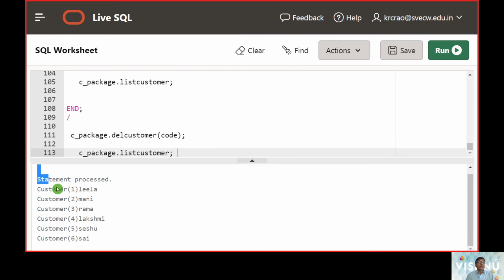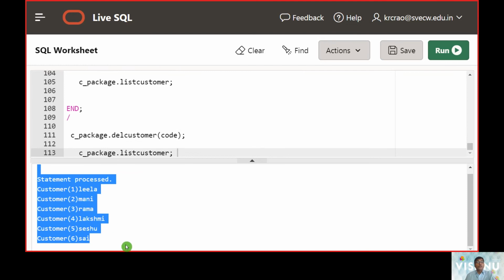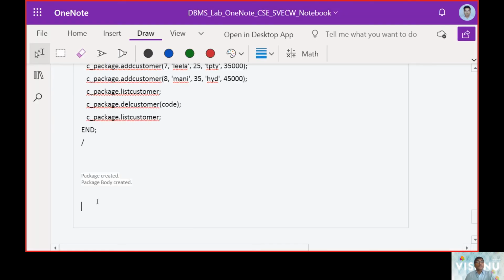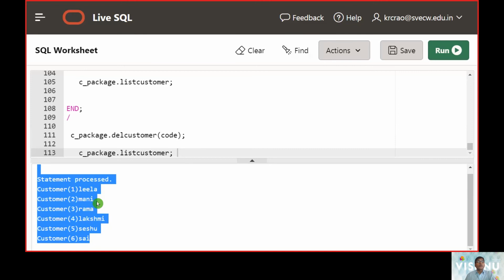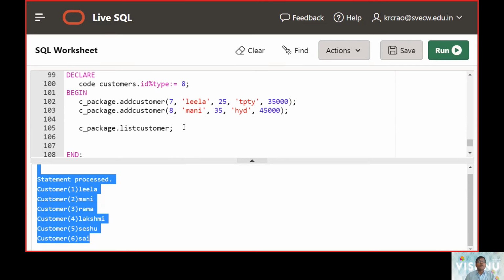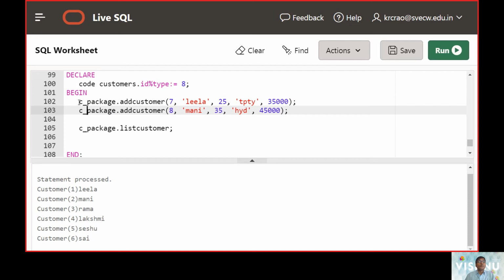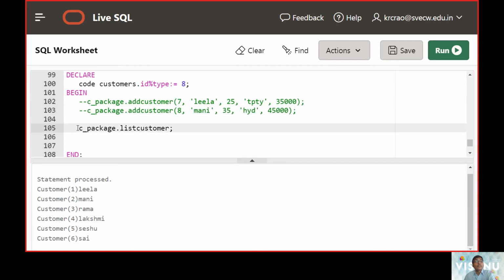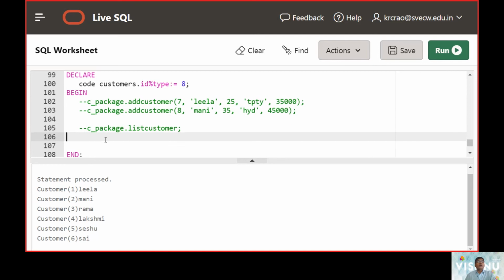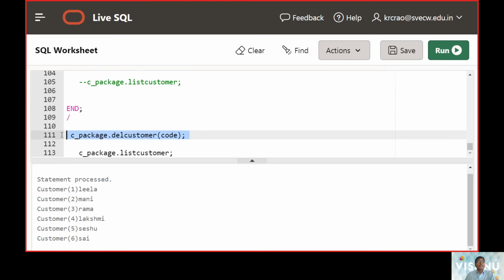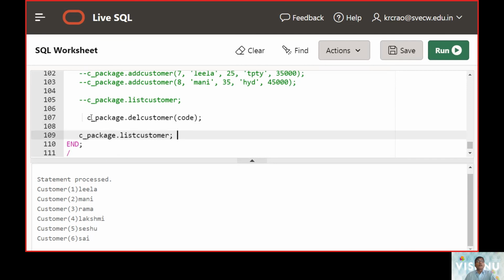Next, we will put this into our work area so that it will be a quick reference for what we have learned. Now we will put the things in comments so that it will not disturb us. Then we will run them one by one. Now let us see whether a delete happens as intended or not.